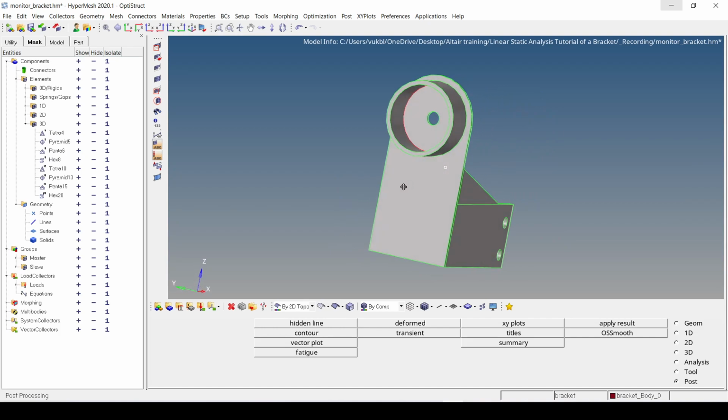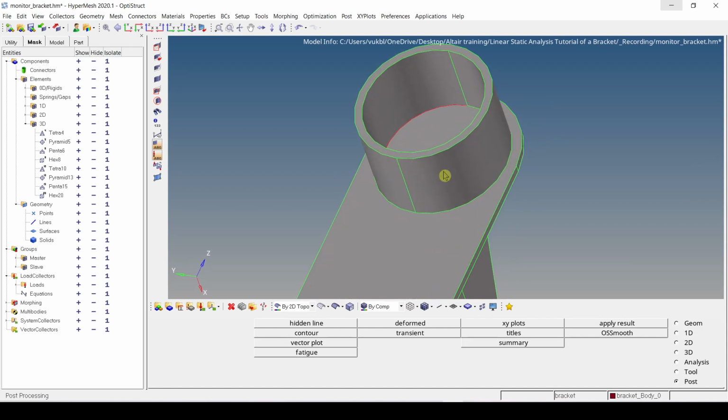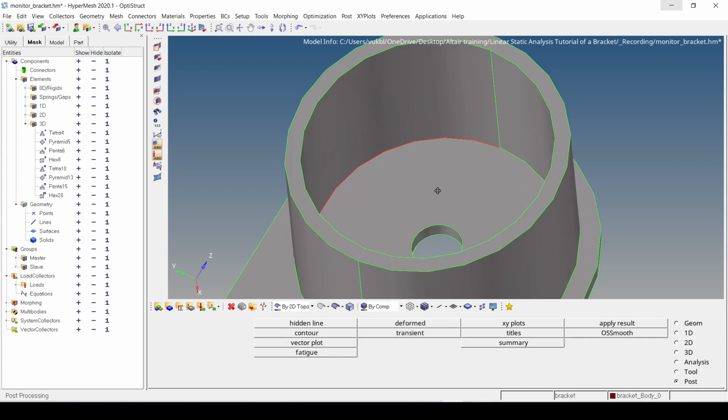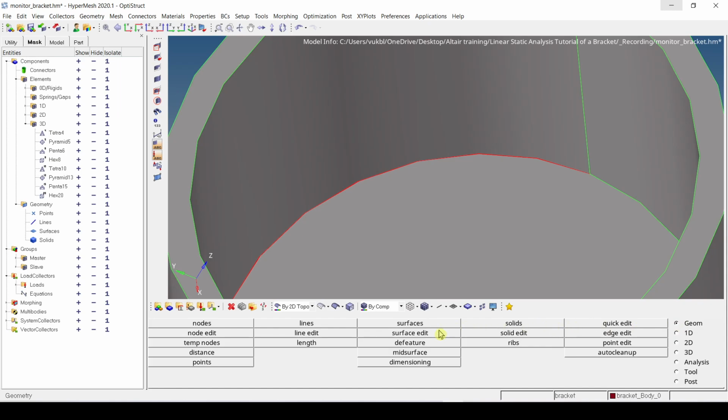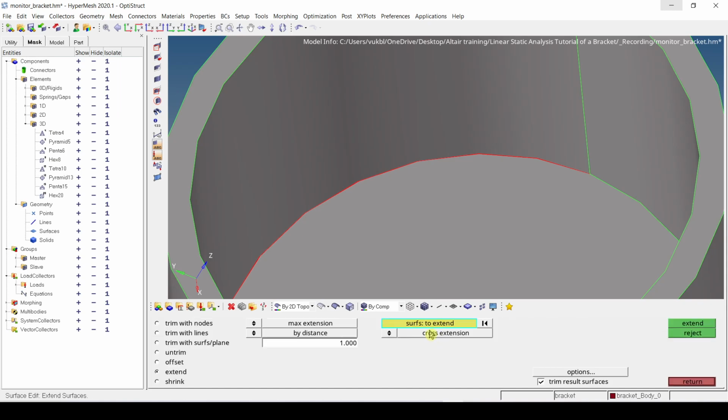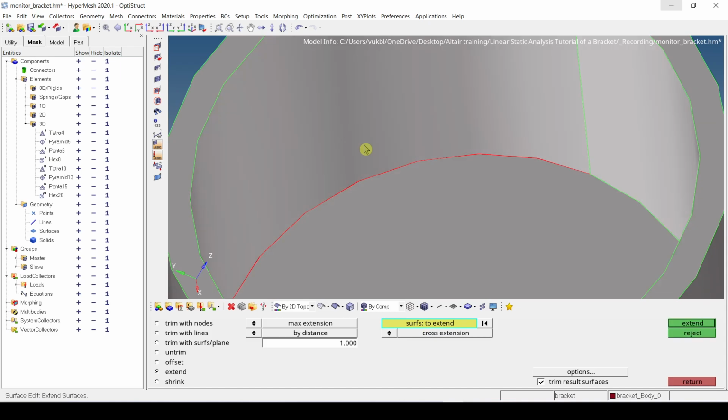And now you can see there are no more yellow lines. However, when we inspect it in more detail, now we are seeing a red line. A red line means that these two surfaces are not being connected. So to fix it, we have to go to Geometry, Surface Edit. Now we have to click Extend here, and then this option, Surface to Extend. So now we click this surface,